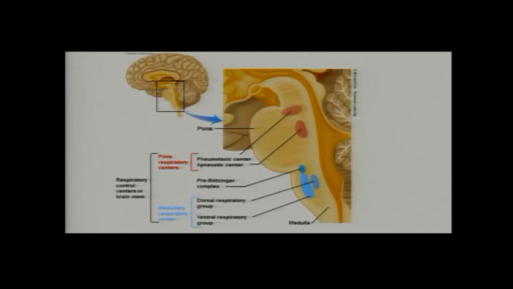And what's that going to do to the depth of my breathing? It's going to increase it. And what's it going to do to the rate of my breathing? Slow it down. Okay? So by controlling how long I'm inhaling, the pontine centers are adjusting the rate and depth